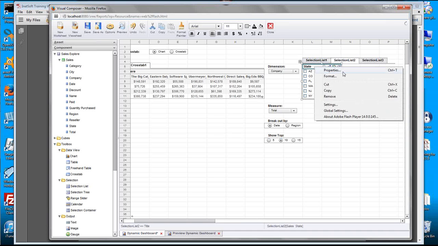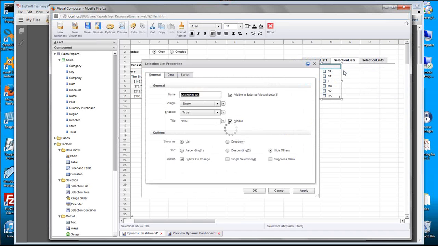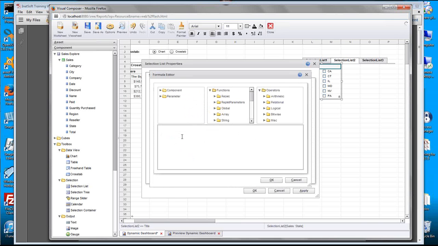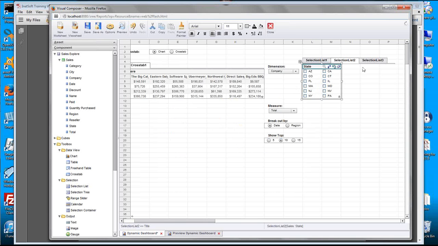So I'm going to do the same procedure, right-click on the selection list, select properties, and then add an expression script to the visible property. And I'm just going to paste the script that I already wrote in there. The only change here is going to be if parameter.dimension is equal to state. So this script now says, if the user selected state from the dimension input control, then I want to show, this time it's the state selection list, show that selection list, otherwise hide it. Okay. So that's that one, and then the final one,